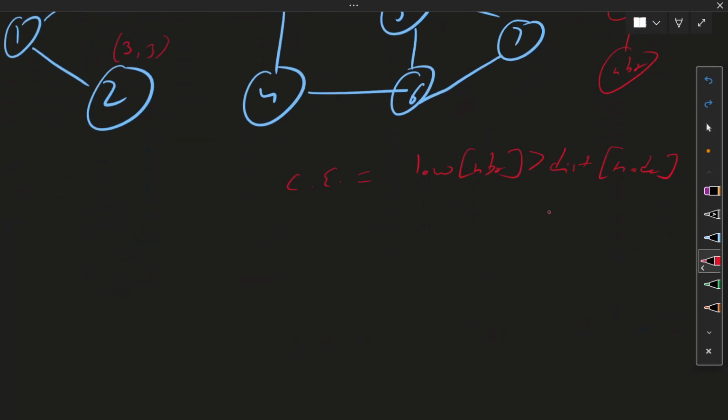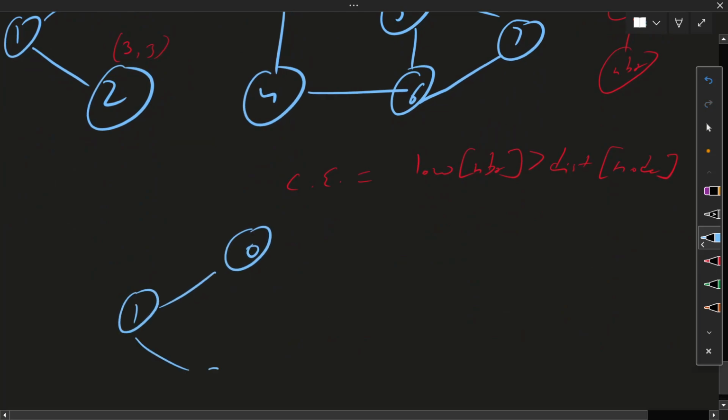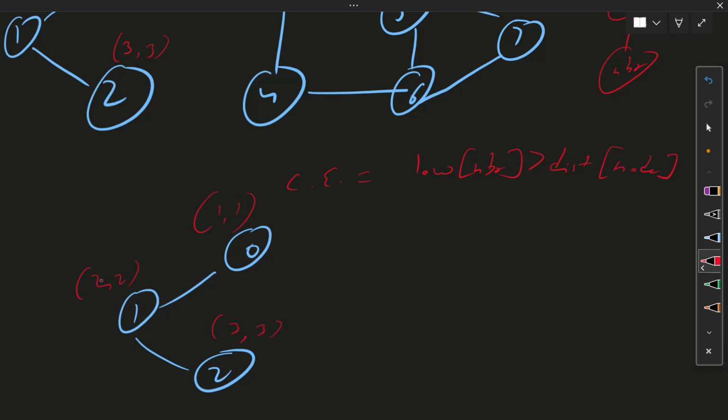So let me give you an example. With zero-based indexing, if I have this, I have discovered this at time 1, this at time 2, and this at time 3. Then I will go back. If low of neighbor is greater than discovery time of this, it means 0 is a critical vertex.